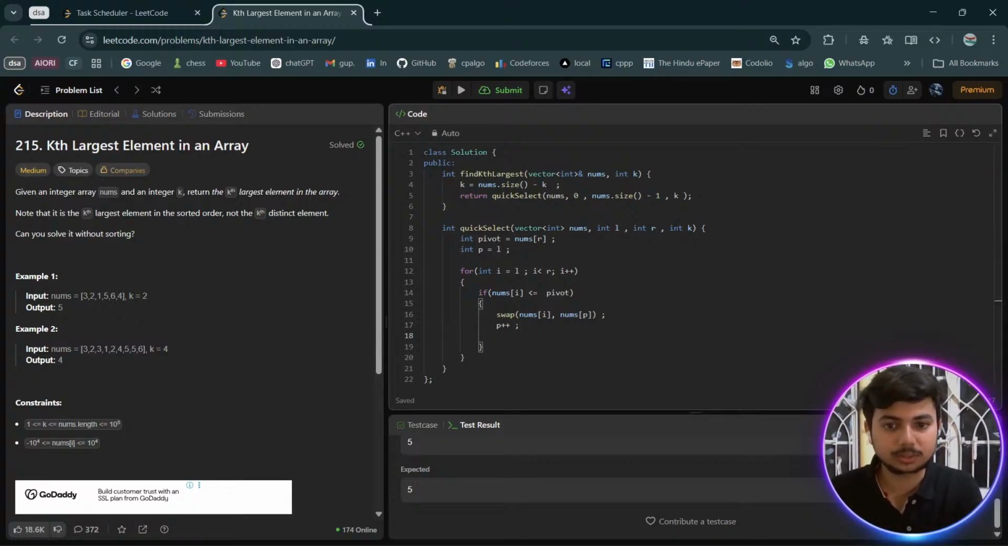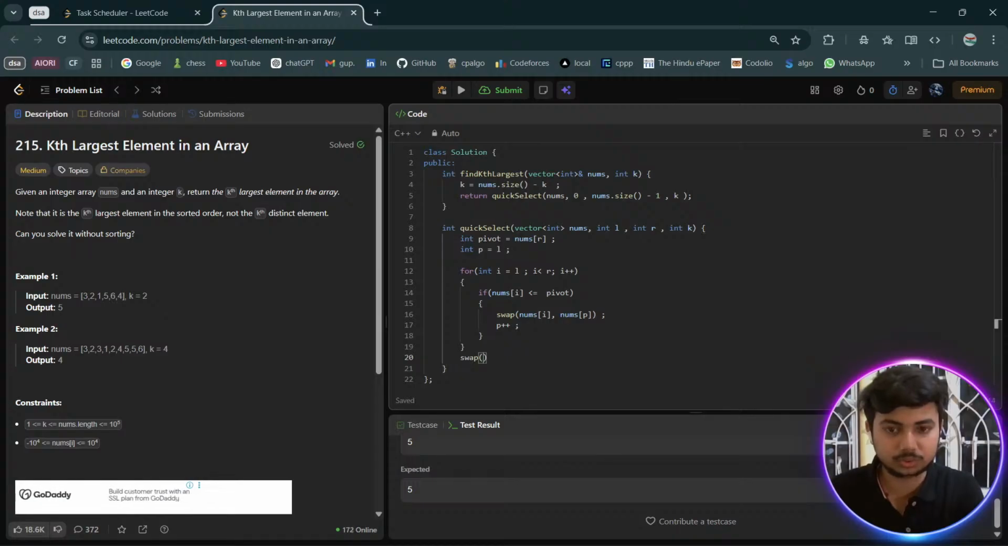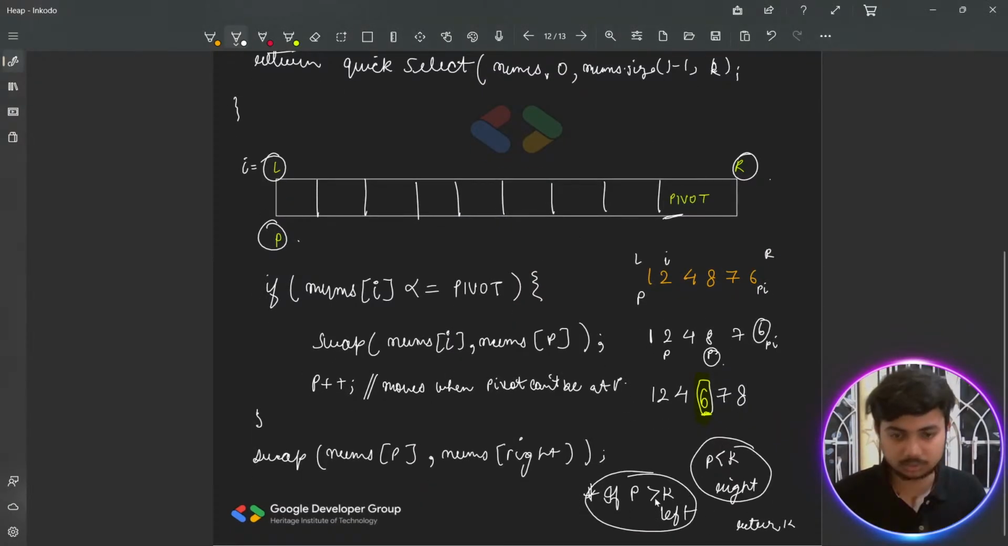और p को साथ के साथ आगे बढ़ाना। ठीक है, और जब अगर ये सारा काम हो जाए, तो लास्ट मोमेंट, मतलब लास्ट वाला जो बाकी रह गया जो स्वैप करने का, स्वैप करके उस पिवट वाले पोजीशन को फिक्स करना है, so you swap nums of p with nums at right. One sec। स्वैप कर लिया।